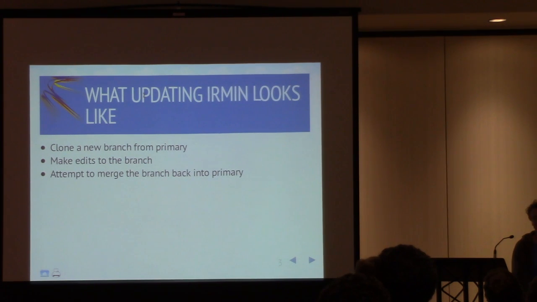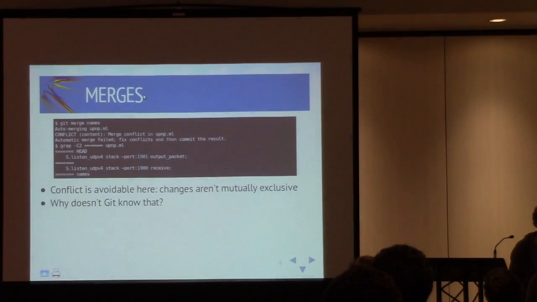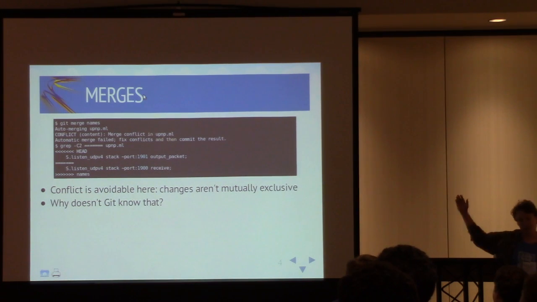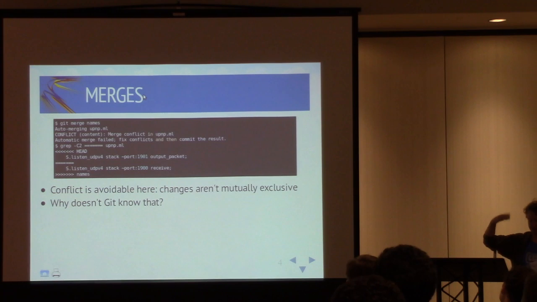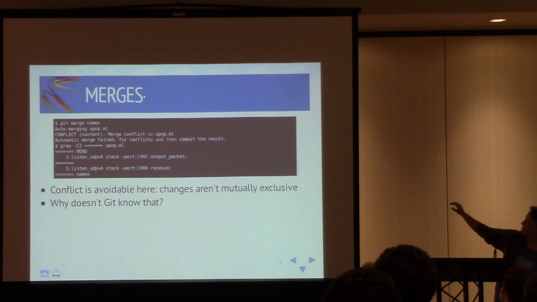So for people who've worked with Git before in this room, it might not seem all that attractive to make this kind of data flow be the center of something really important, like whether or not your network works. Because you've probably had it happen before that you've gone to make some change to source code, and you've ended up with a merge conflict. In this particular example, this is just a small example of making two different branches off of some primary branch, and then having two different edits to the same line of code, and then trying to merge these two edits back in. It might not be very visible, for which I apologize, but the actual code in this example